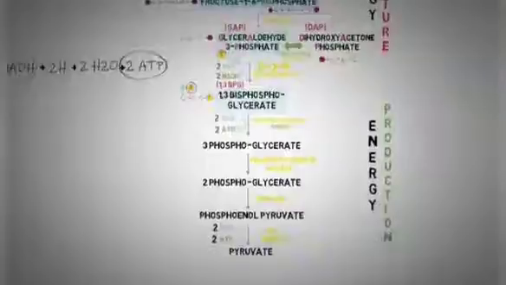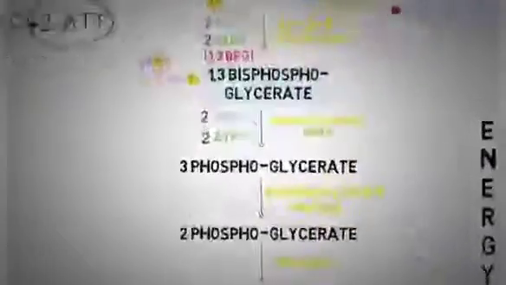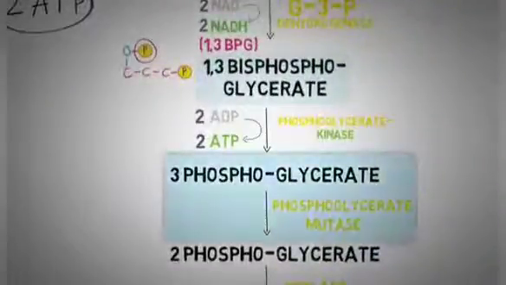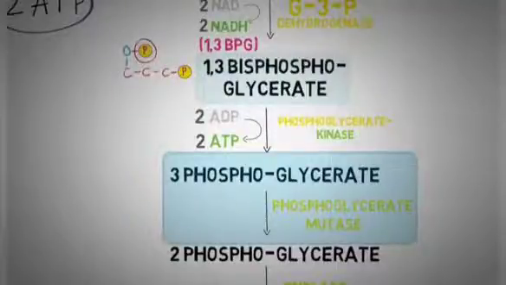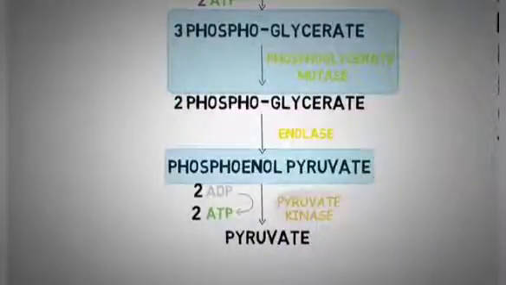In the energy generation phase, how much ATPs are produced actually depend upon whether oxygen is available or not. Let's first suppose oxygen is not available. In this case, there are only 2 sites of energy generation in this pathway. One site is here when 1,3-bisphosphoglycerate is converted to 3-phosphoglycerate, and one site is here when phosphoenol pyruvate is converted into pyruvate. Both these are examples of substrate level phosphorylation that we discussed earlier.